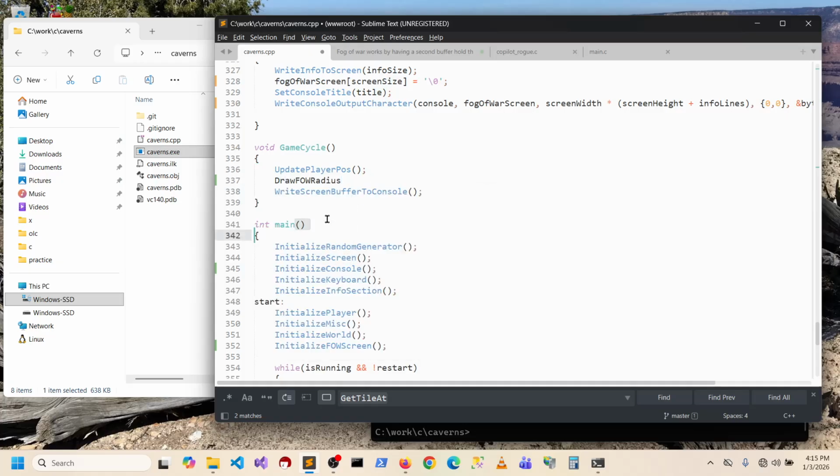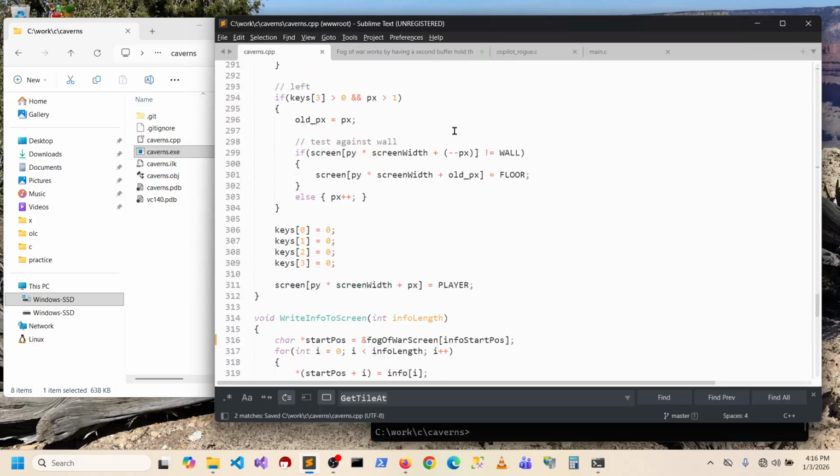Draw FOW radius. Okay, why is my cursor way down there? I think I'm accidentally hitting the little pad thingy here. Okay, that. So if we draw it at that point,